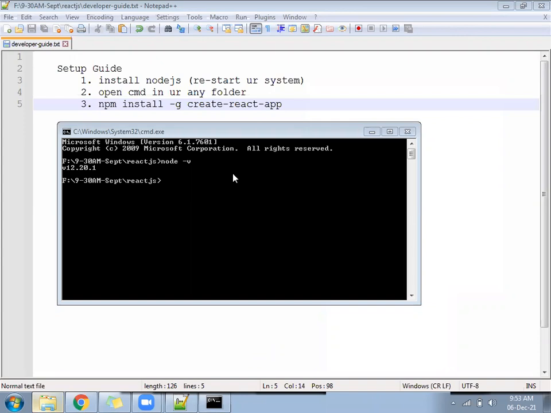Okay, let's go ahead next. Now, whoever has Node.js should run this command. Command number 3.